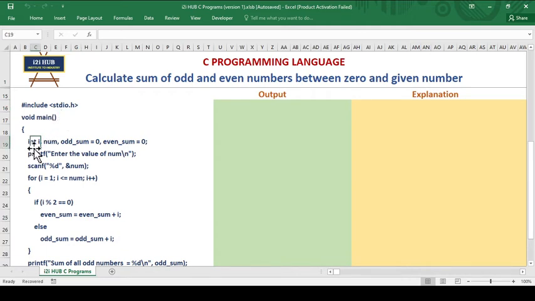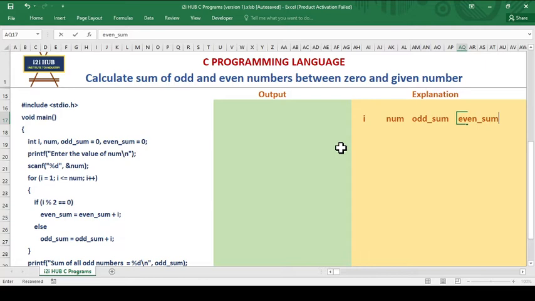Inside main there are some variable declarations, as well as some variables initialized to 0. So let's write it down. What are the variables? There is i, then num, then odd sum, then even sum.